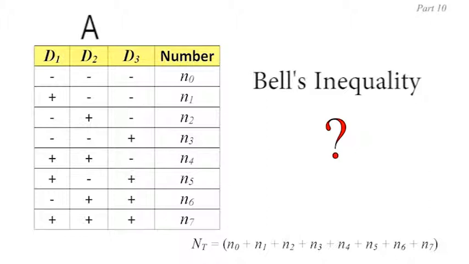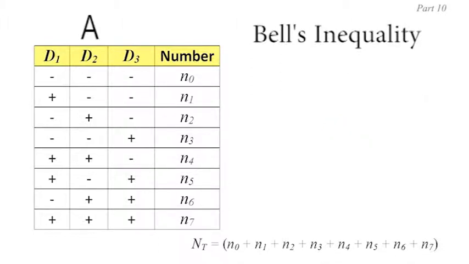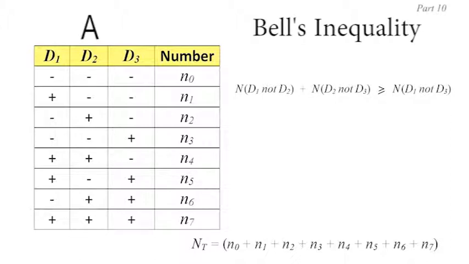Not only is it a classical situation, but it is also so similar to the sock example that it must satisfy the inequality. However, for completeness, here's the working out. Bell's inequality for this situation, focusing on just the electron A, says that the number of A electrons that get information for the positive D1 direction but not the positive D2 direction, in other words the negative D2 direction, plus the number of A electrons that get information for the positive D2 direction but the negative D3 direction, must be